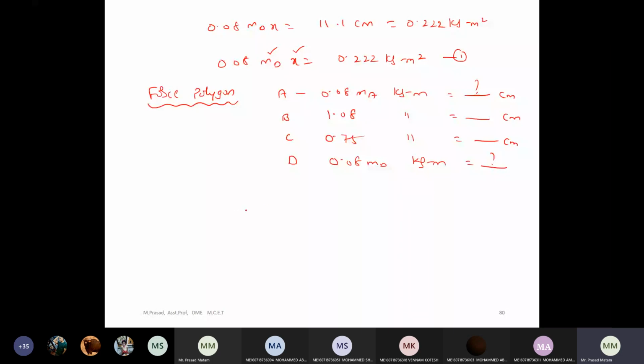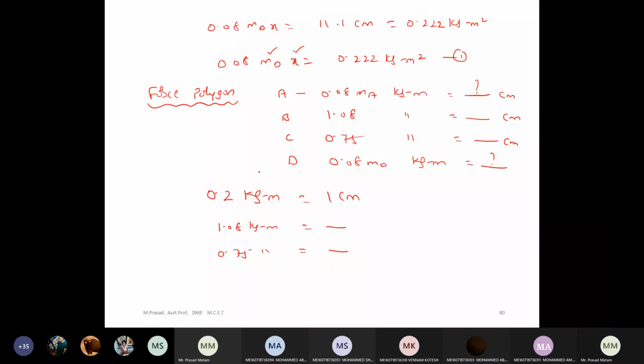Now how we can solve this? So let me take 0.2 kg meter is equals to 1 centimeter. Got it. Now what about 1.08 kg meter value? Comes as how many centimeters? Similarly, 0.75 kg meter equals to how many centimeters? Can anyone give this value, the students? Fast. Sir, 5.4 and 3.75. Okay, if I take 0.1 kg meter, how much I'm getting?